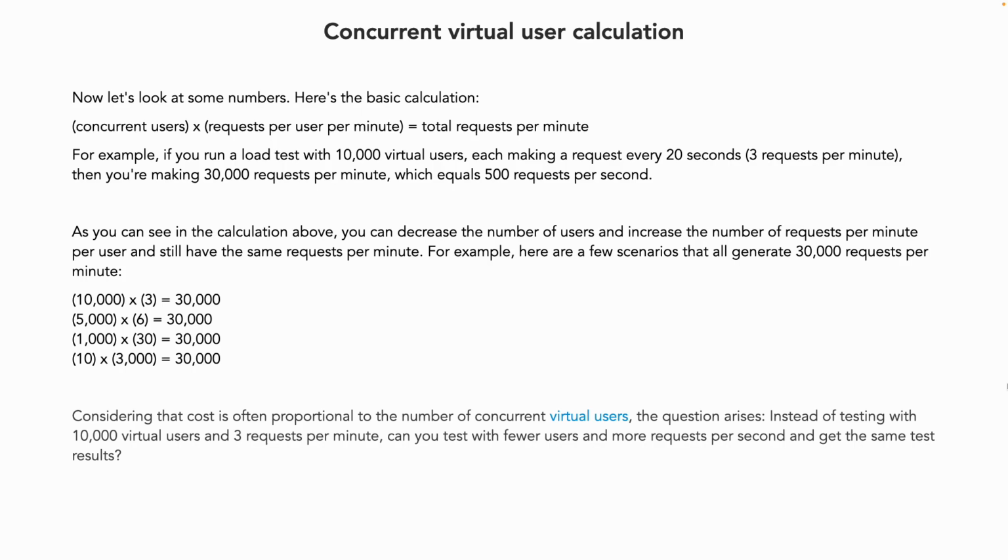So here there are different ways, because my target is 30,000 RPM. Either you can create 10,000 users and three requests per minute, and then you can achieve your 30,000. Else you can create 5,000 users and six requests per minute, right? And then it can be 30,000. So these are the different combinations using which we can achieve our 30,000 RPM. Considering the cost is often proportional to the number of concurrent users, that I've already discussed. So you can use any of these combinations,